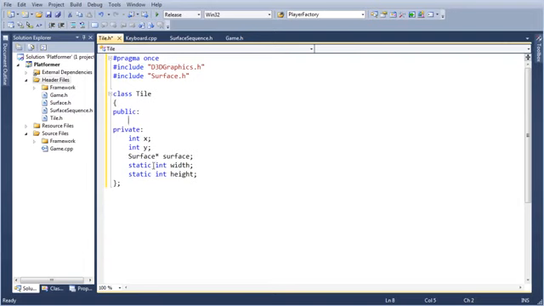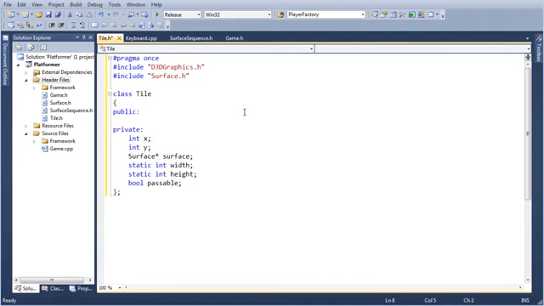Okay. Now I think that is all the data. Well, there's one more. Bool passable. So is this tile, will we collide with this tile, or can we pass through it? That is the last little detail.